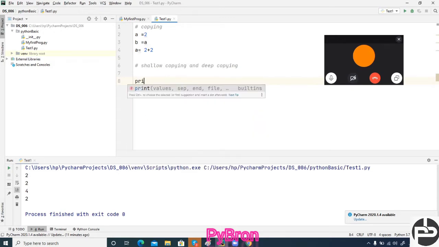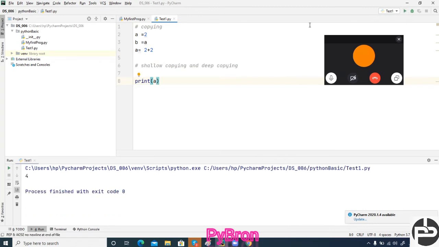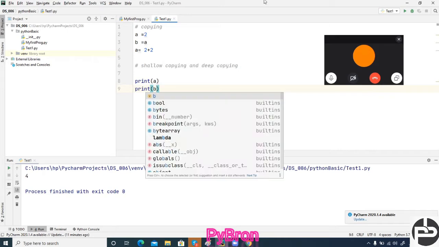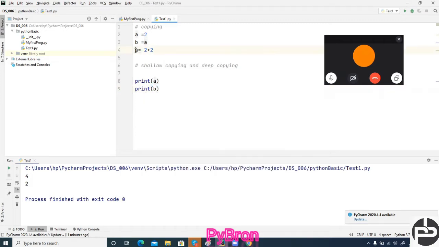Let's see. Print A. If I'm printing A, what should the output be? Can anyone help me? Yes, it is 4. Now if I am going to print B, what should the output be? This is 2. Okay, so why is it so? Can anyone help me? This is known as shallow copying.